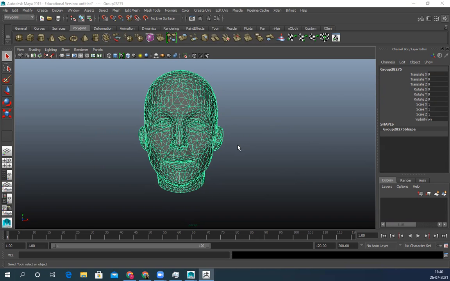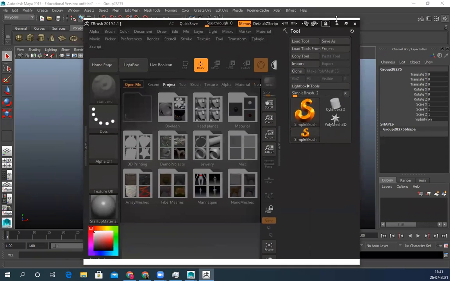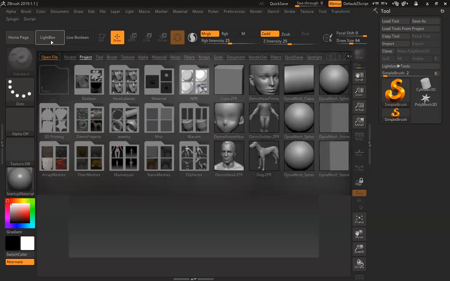One second, let me open ZBrush one more time. Okay, ZBrush. Open your file.